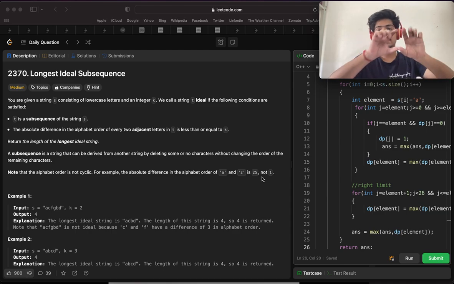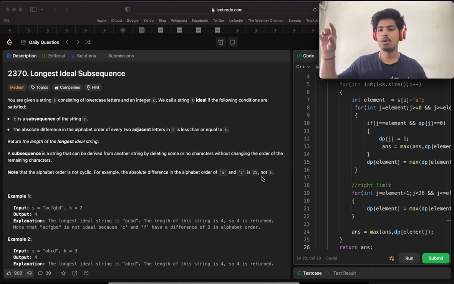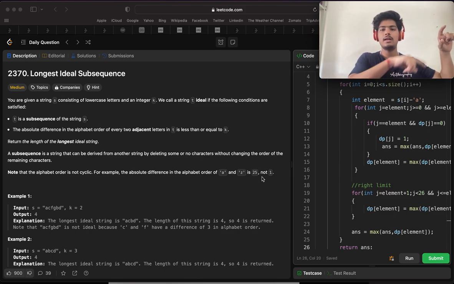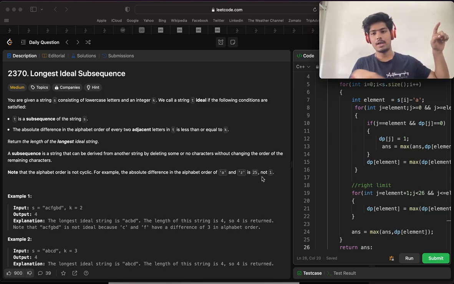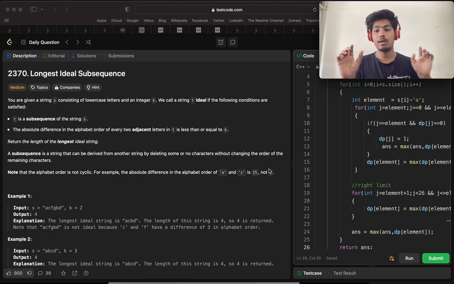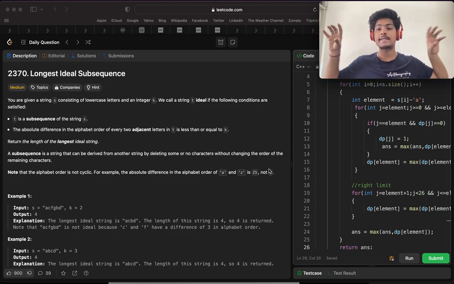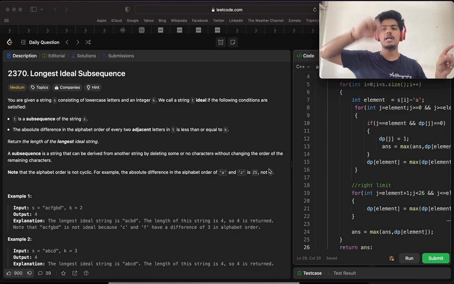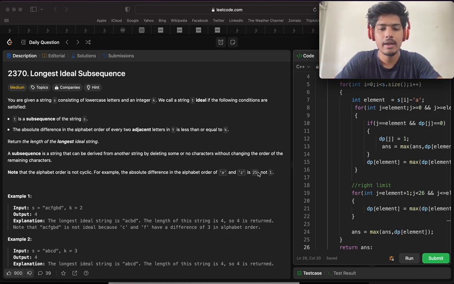It means the elements are not in a cycle. If it were a cycle, after ending at Z we would start again at A, and Z would connect directly to A. In that case the difference would be 1, but here the difference will be 25 because it is not a cycle. We have to go through each element, so that's why we write 25, not 1.